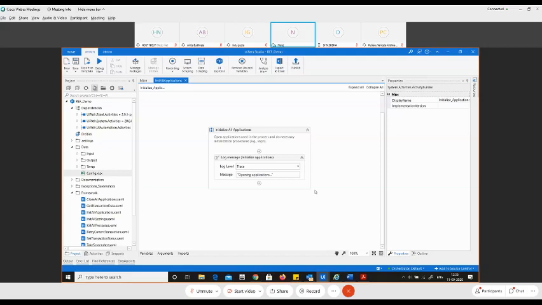Say you have to log in to a website, and after that you have to do a lot of processing in it. You have to insert values, process values, and so on. So your actual automation is in that website, and you need to enter values into it. So logging into the web application for the actual process can be taken care of here in Init All Applications. Opening the browser, logging into the website, that part can be done here.